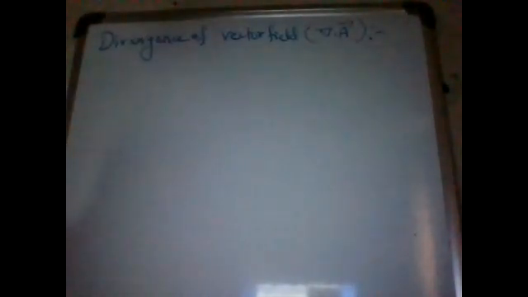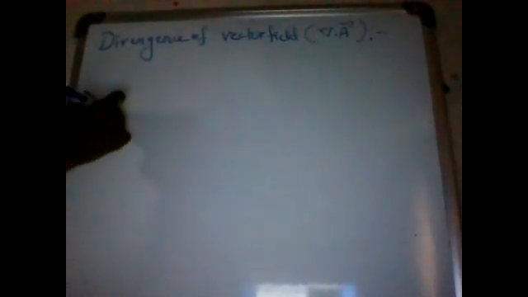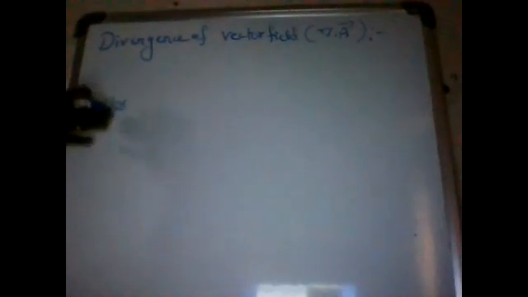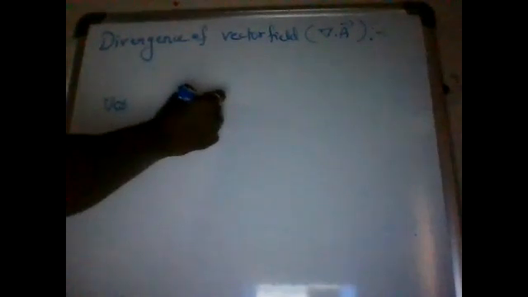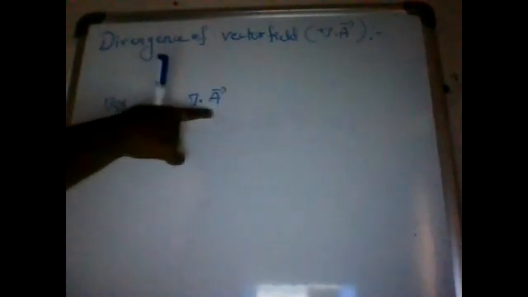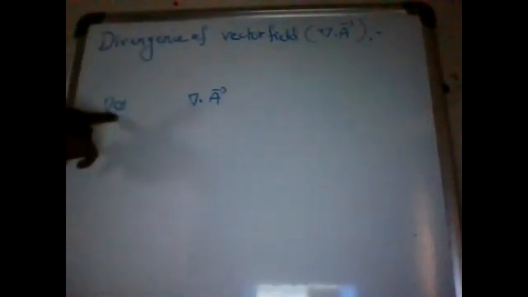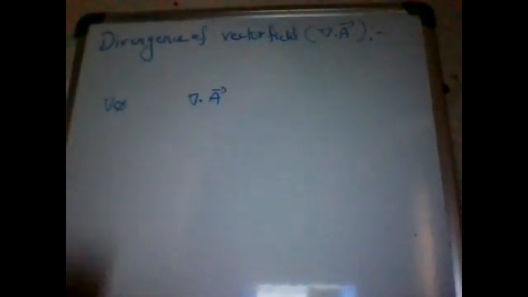Here we are using the dot product. Before, we studied the gradient of a scalar field; there is a scalar field. Here we have a vector field. Gradient of a scalar field means del into phi, so del is multiplied with the scalar field. Here divergence of a vector field means del dot A bar. Here A bar is a vector, and phi is just a scalar function.